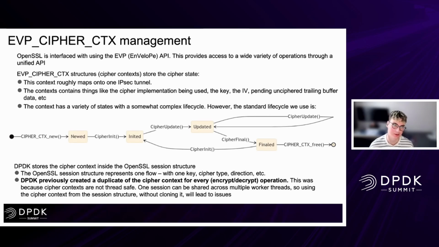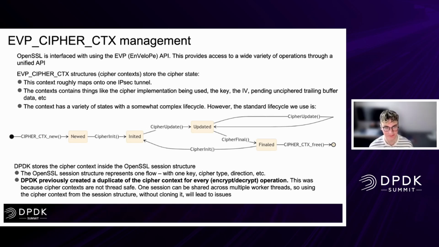First, a little background on the OpenSSL API, for those who aren't aware. OpenSSL has a generic API, which is called the EVP API, which supposedly stands for envelope. This provides access to a wide variety of operations using the same unified API. There are cipher context structures, and these store the state for cipher operations. This can roughly be mapped onto one IPsec tunnel, and they contain things like the specific cipher implementation you're using, so for example AES-CBC-128, the key, the IV, and some pending unciphered trailing buffer data if you're using partial